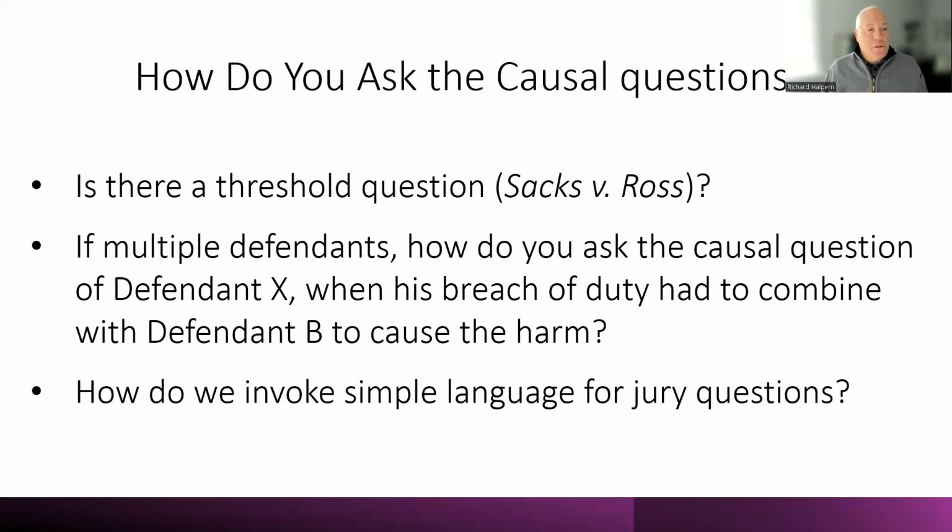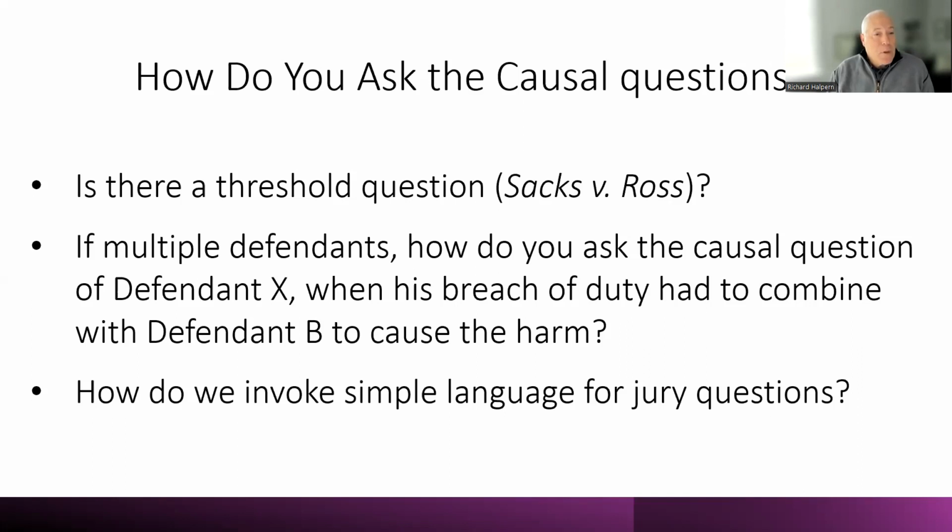So how do you ask the question? And remember, what I'm dealing with is not the simple case here. It's not a car rear-ending another car, where the causation question is, had you put your brakes on, would that have avoided the collision? That's easy. It's these multiple causal cases that we often see in medical malpractice litigation, like the Saxon-Ross case, which is a Court of Appeal decision involving potential delayed diagnosis of a very serious problem.